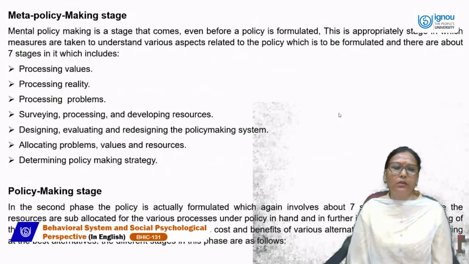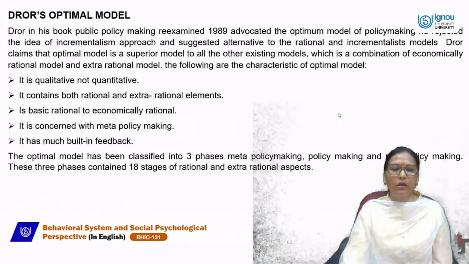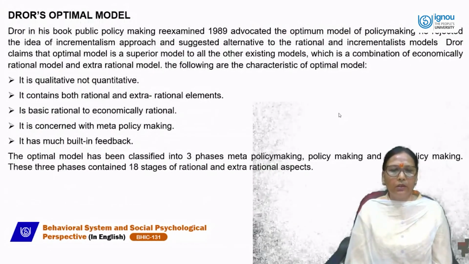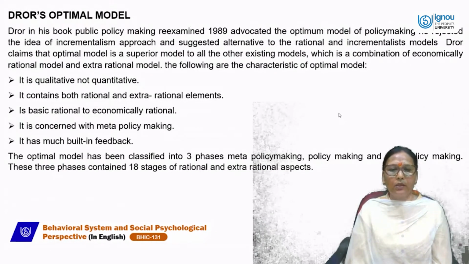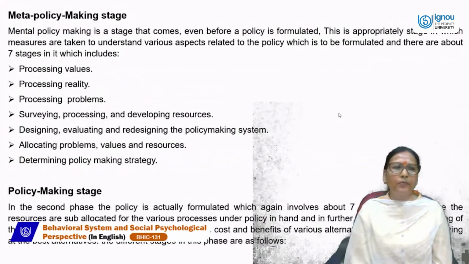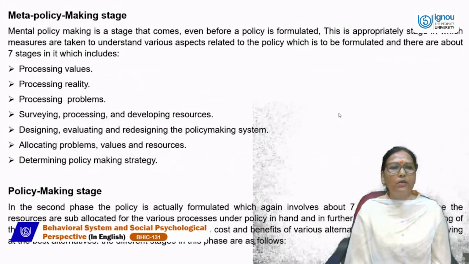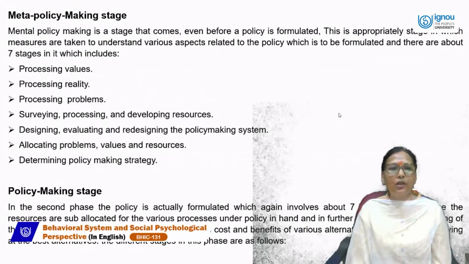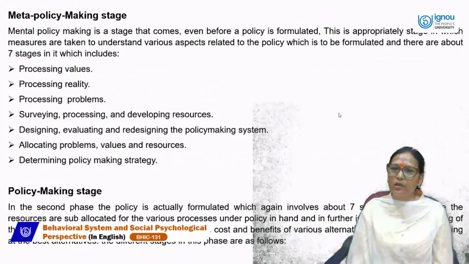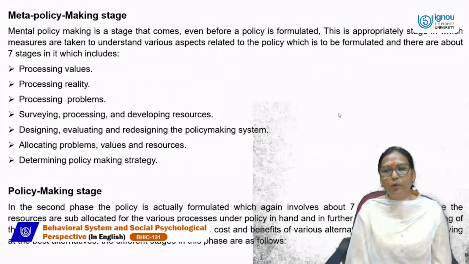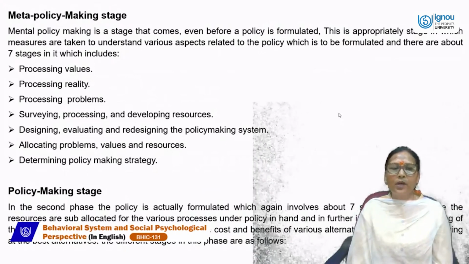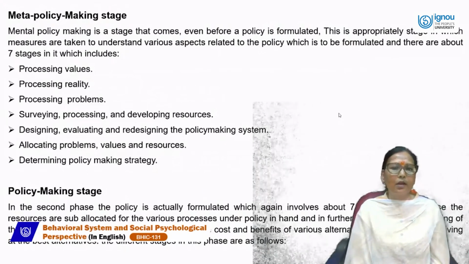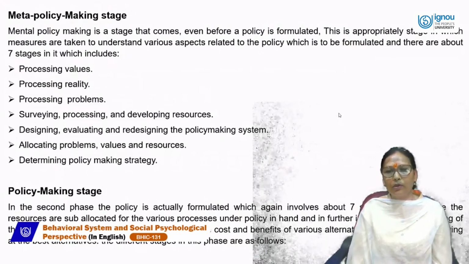Now, what is the first phase of Dror's optimum model? That was the meta policy making. Meta policy making is a stage that comes even before a policy is formulated. This is the stage in which measures are taken to understand various aspects related to the policy which is to